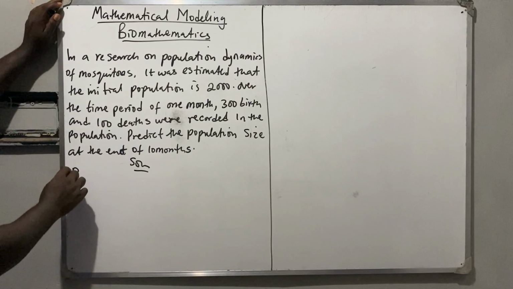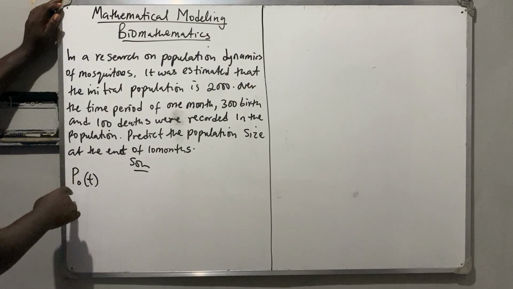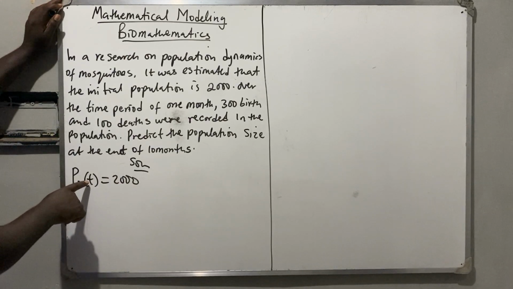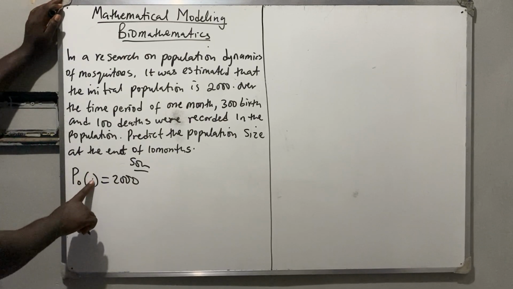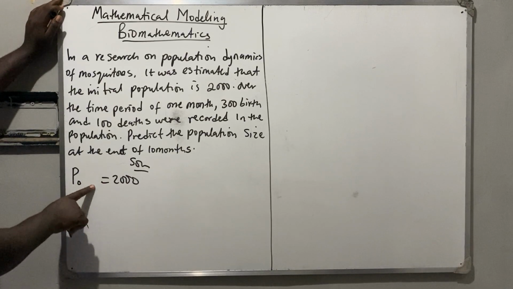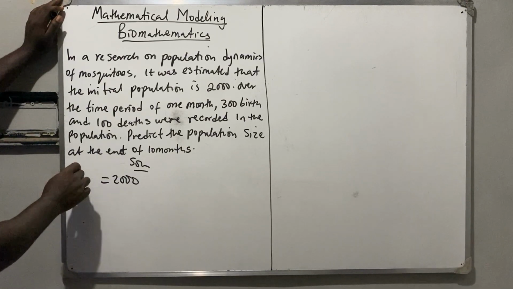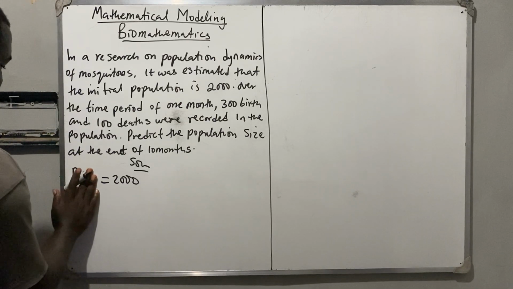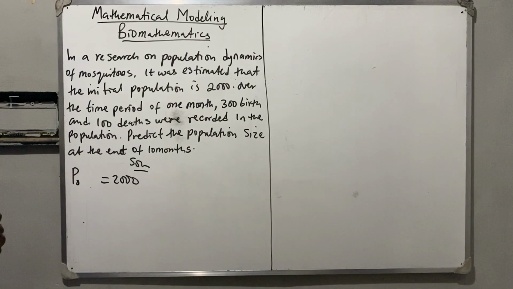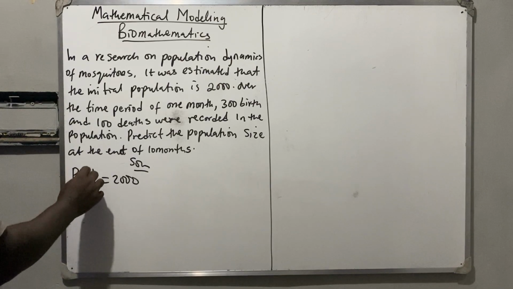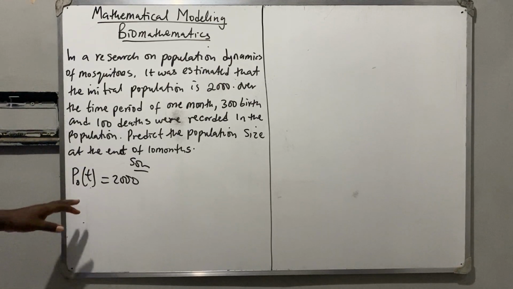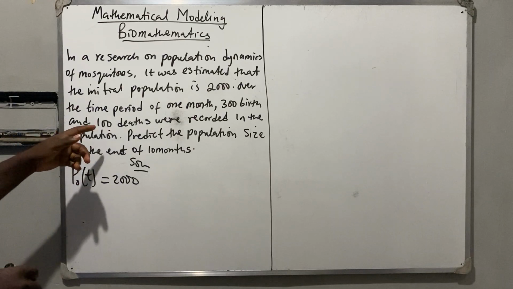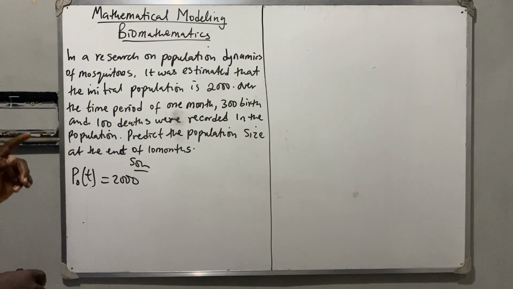The initial population, that is P of 0, is 2,000. That is when time is 0. Let me call it P naught. You can call it P of 0, any one you like. The initial population with respect to time, let me call it this. The initial population is 2,000, and then they now say that over the time period of 1 month,